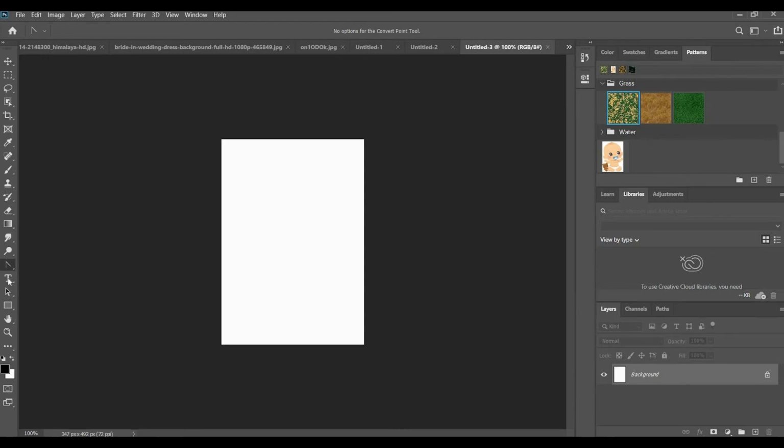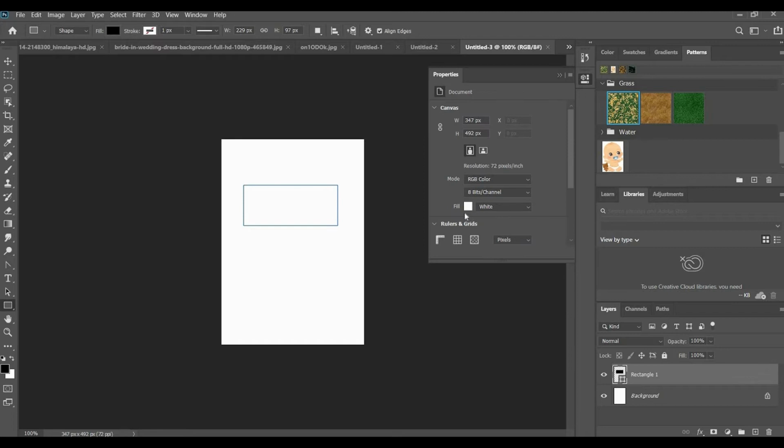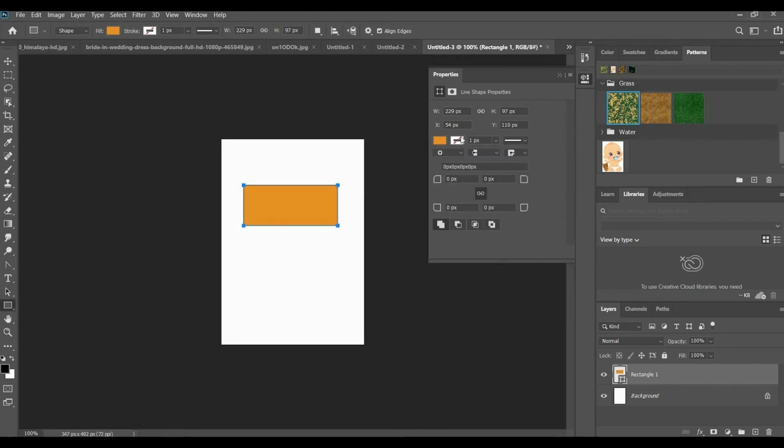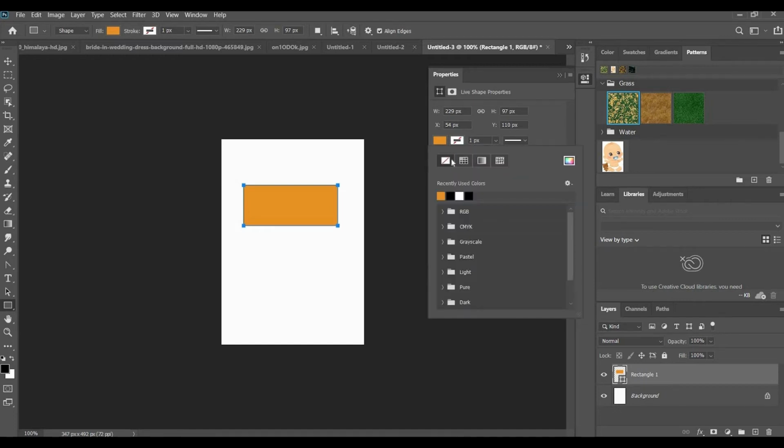So here you can go with shapes. Okay, shapes. So you can draw, and this is the property window. Here you can choose your own color. This is stroke. If you want to give stroke, just click here.